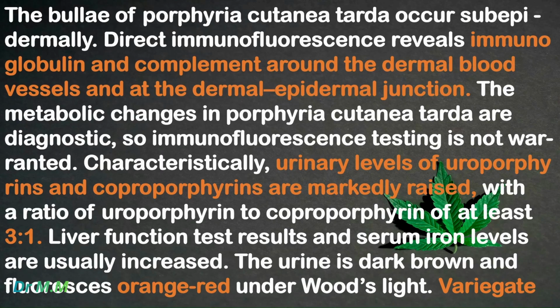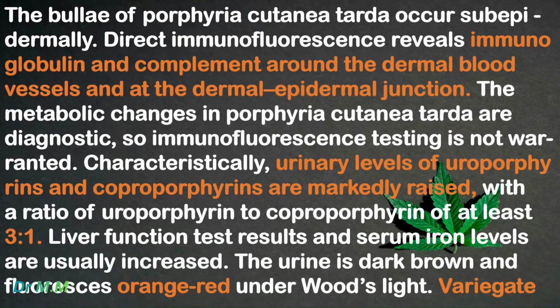Direct immunofluorescence reveals immunoglobulin and complement around the dermal blood vessels and at the dermal epidermal junction. The metabolic changes in Porphyria cutanea tarda are diagnostic, so immunofluorescence testing is not warranted. Characteristically, urinary levels of uroporphyrins and coproporphyrins are markedly raised with a ratio of uroporphyrin to coproporphyrin of at least 3:1. Liver function test results and serum iron levels are usually increased. The urine is dark brown and fluoresces